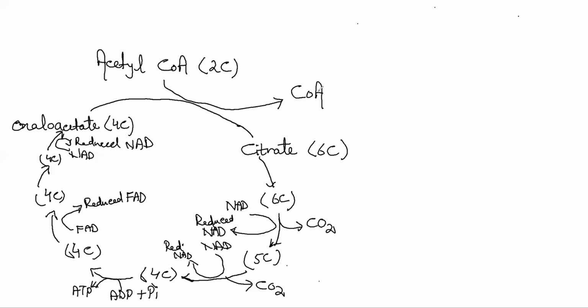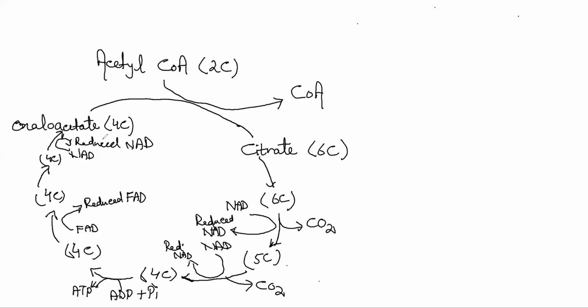But obviously it is a cyclic process. So from where it starts, it's going to end up over there. So no more product is going to enter the next stage of oxidative phosphorylation. Basically, oxaloacetate is regenerated at the end, which is again ready to combine with another acetyl coenzyme A molecule to form citrate, and once again that cycle can begin.